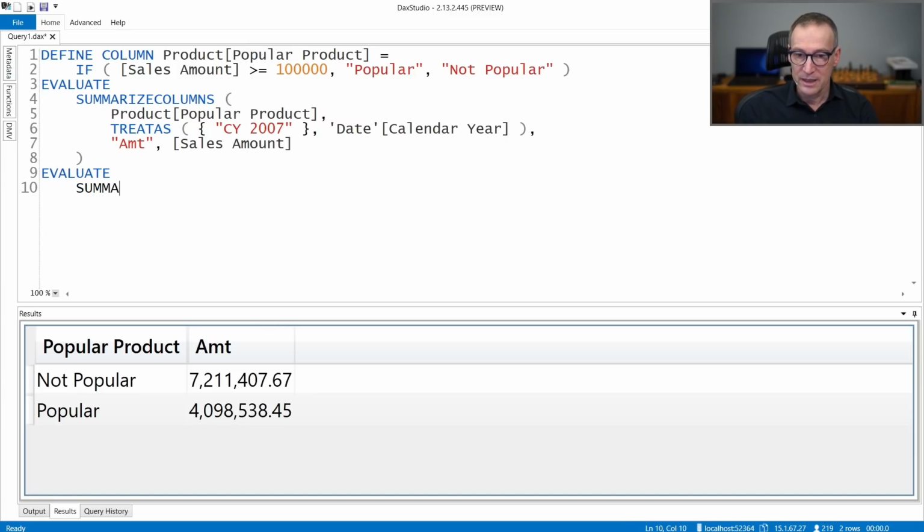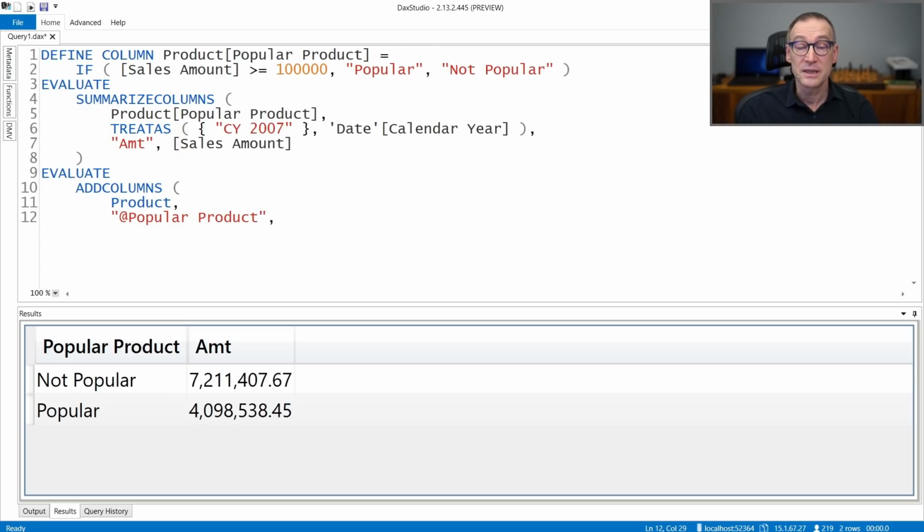I can do again, summarize. No, I need to apply a filter, calculate table. Summarize. Let's start from the beginning. Evaluate. I can express the same code using evaluate, add columns to product, and I create a new column, popular product.